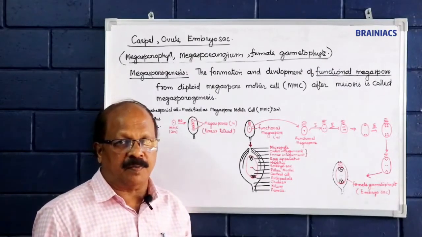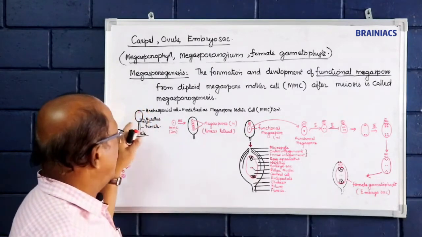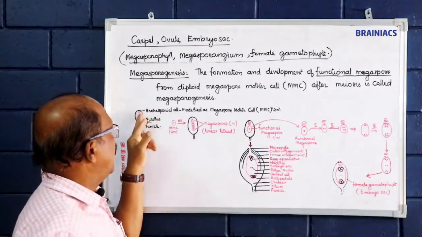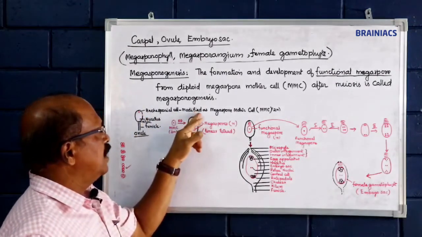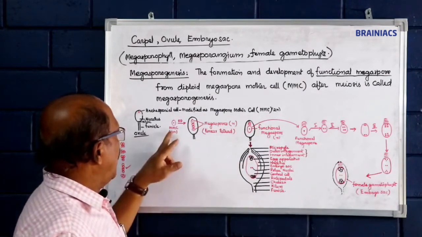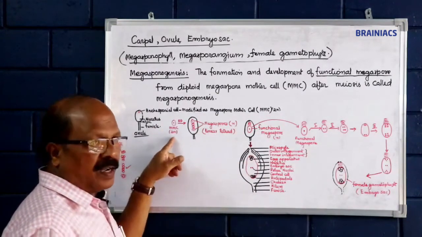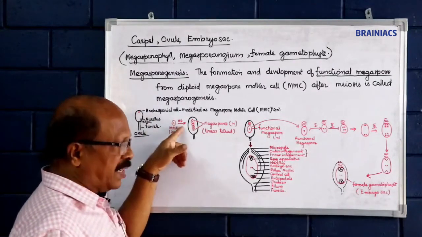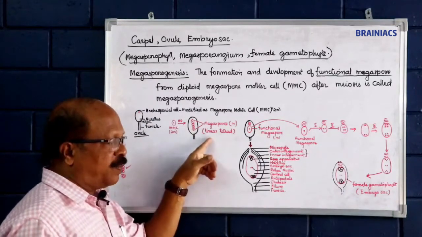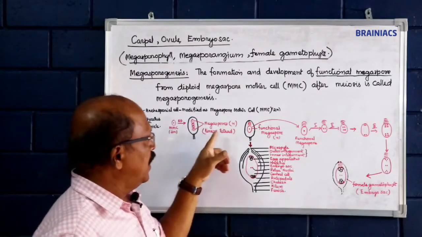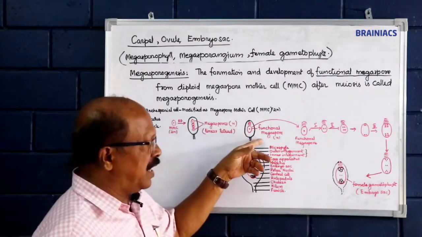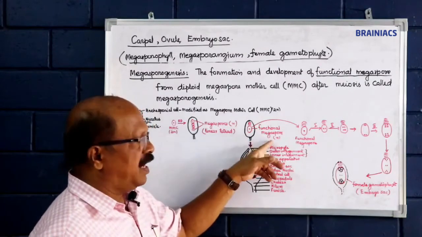Okay, listen please once again. So this was the ovule. The archesporial cell is developed. It is modified as the megaspore mother cell, or MMC. The megaspore mother cell undergoes reduction division, resulting in the formation of a linear tetrad of 4 megaspores, among which 3 disintegrate and 1 becomes enlarged. That is called the functional megaspore.